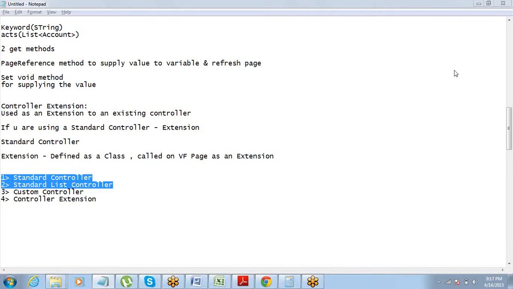Pass. Okay, Navyata, you want to try? Custom controllers are where we define our own methods. Absolutely correct. Controller extensions are where we define our methods which are used in standard controllers.